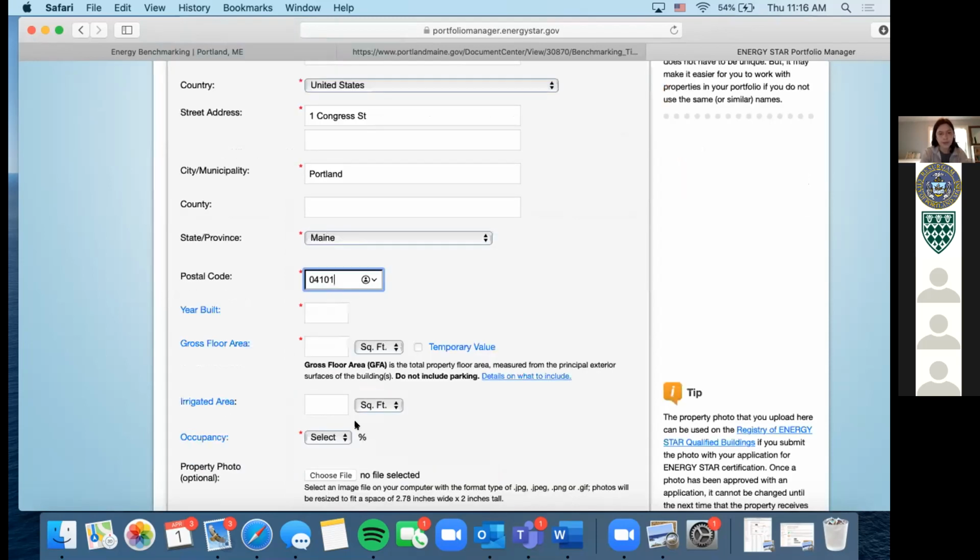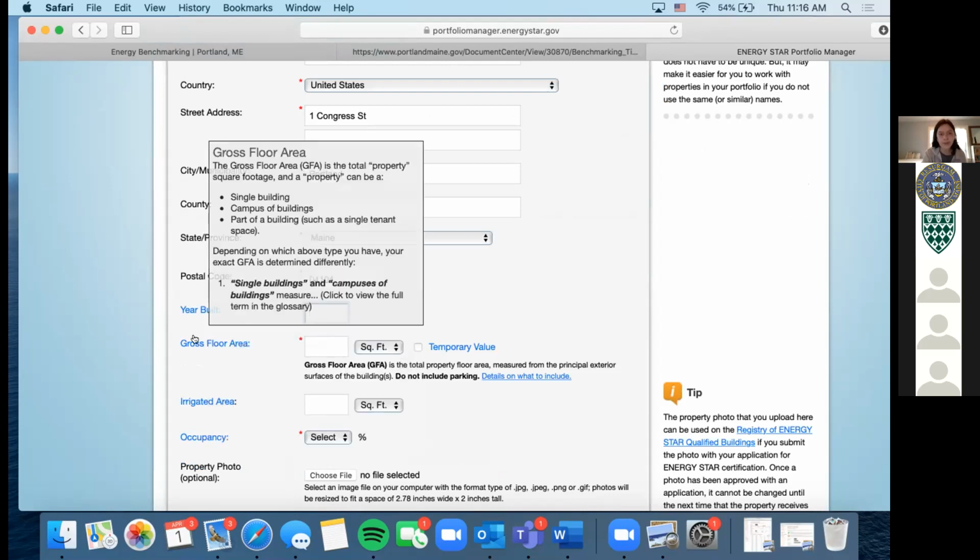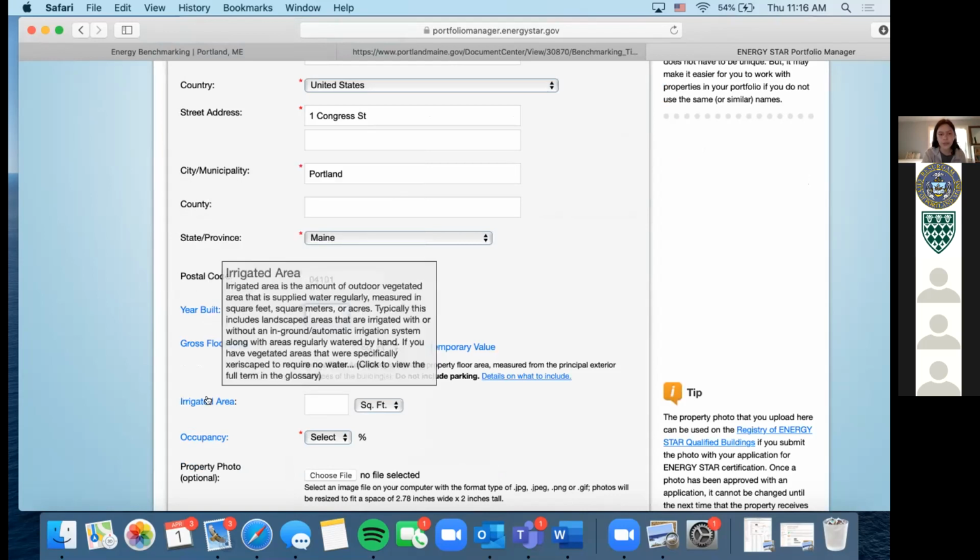You just input all this data. Like I said, you're going to need year built, and this is where a lot of those jargon terms, you can see, are highlighted in blue. So when you hover over them, they give you pretty thorough definitions so you can understand what they're really looking for,